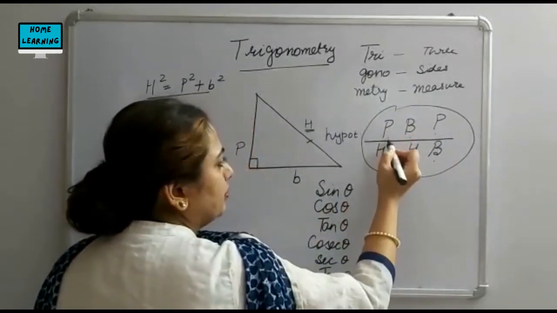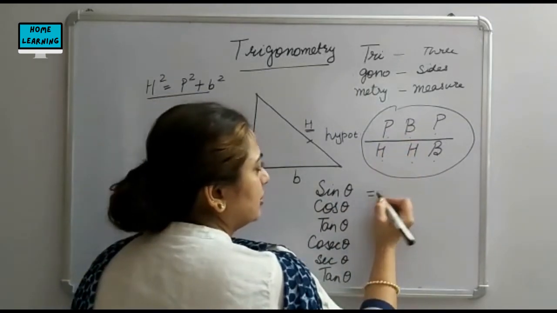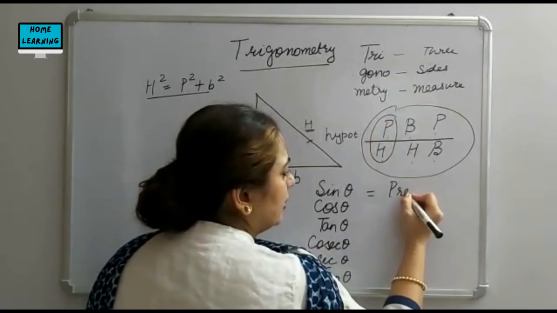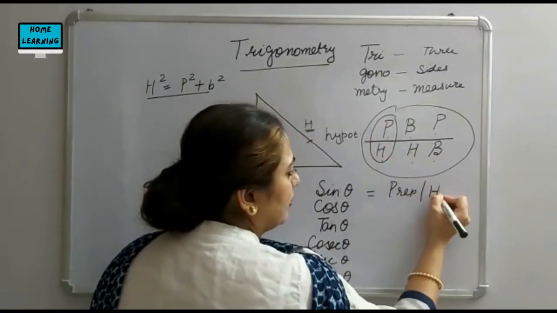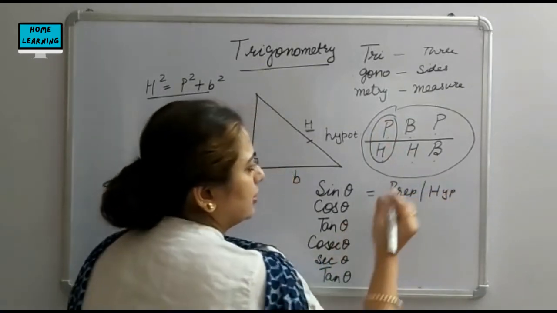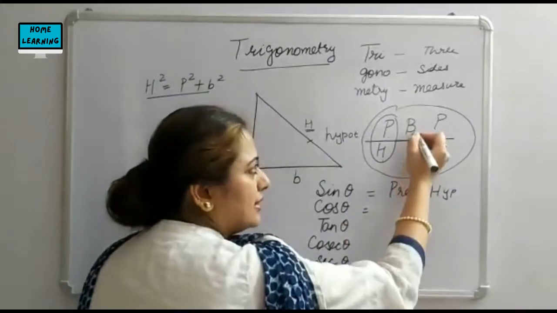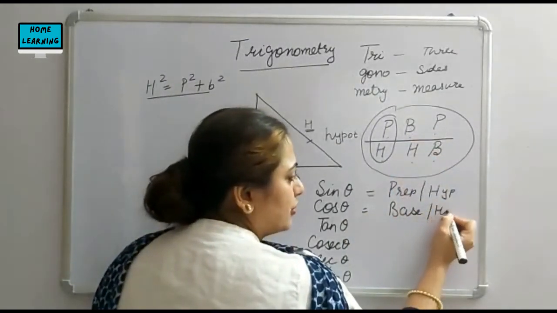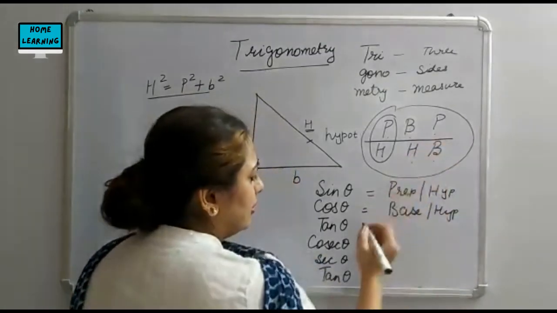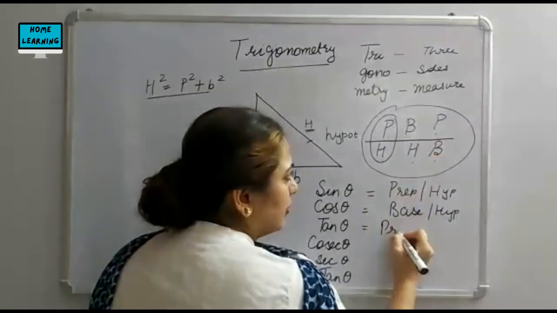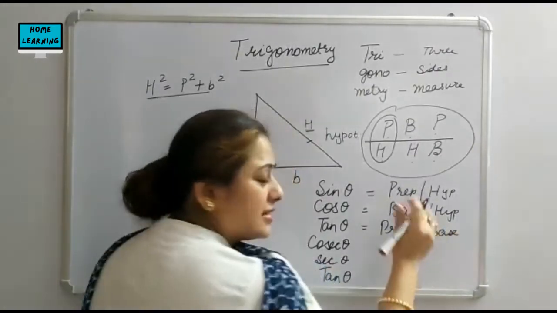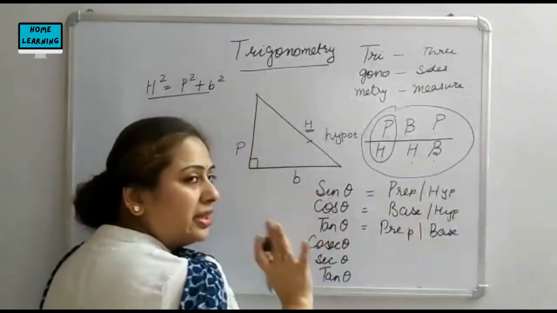Now P upon H is sine theta, perpendicular upon hypotenuse. Cos theta is base upon hypotenuse. Then tan is perpendicular upon base. Very simple. You have just written all three important